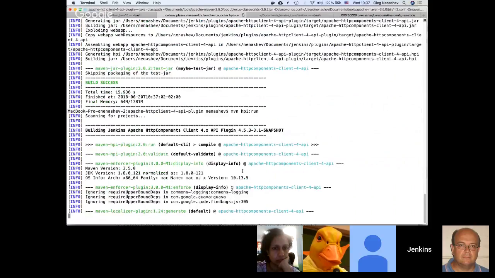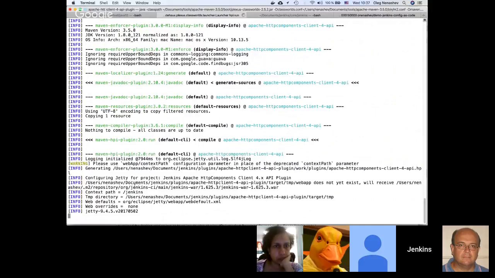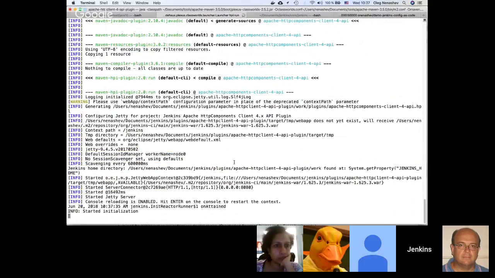What it does is use our internal tooling to start up a local Jenkins instance. You might see that it's powered by Jetty, and we have Jetty plugins inside. Then it starts initialization, and at some point it should actually start up.